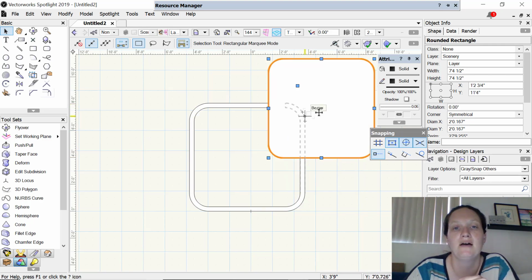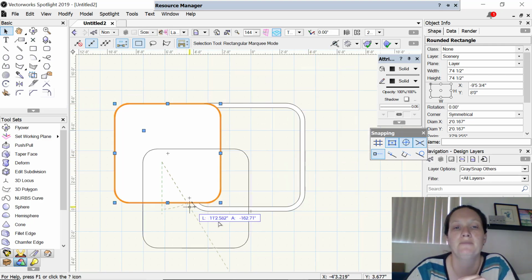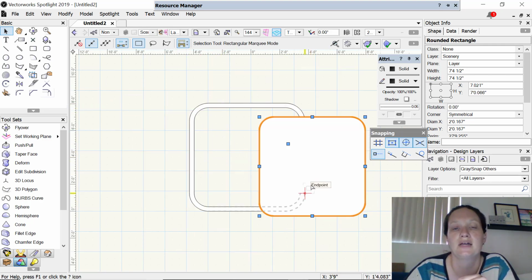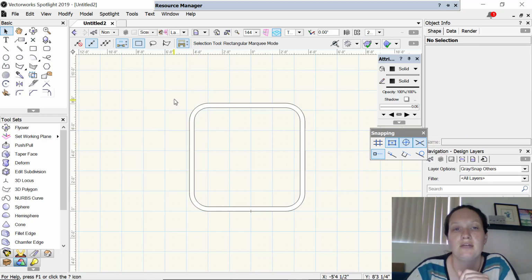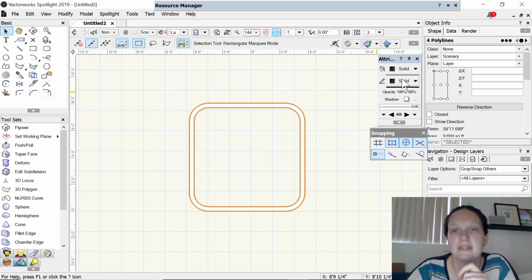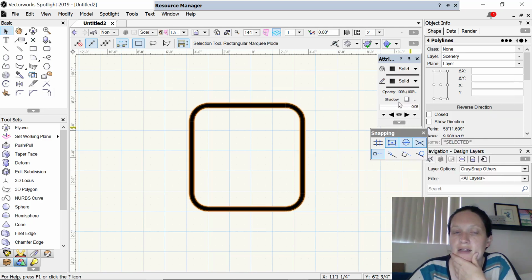If I pick this up now, I can move it around, right? That's what I've just done. Clip surface cuts out one of the objects. I'm going to delete that inside rectangle because I don't need it anymore, and now I have this outside rectangle, right? When I select this, it should let me turn it solid and change the color to black, and now